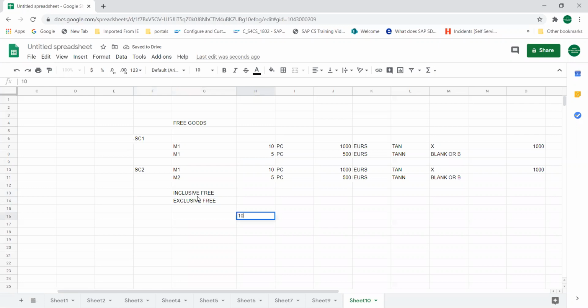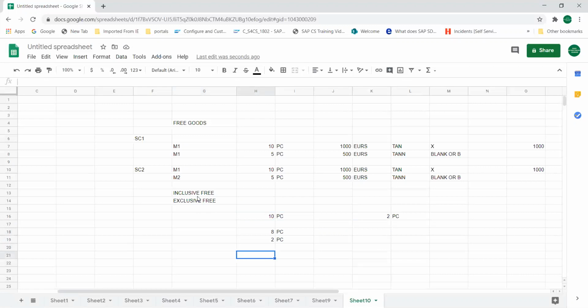If I buy 10 pieces and I say 2 pieces as free goods, then my free goods will be determined as 8 pieces and 2 pieces. That means it is inclusive in nature. Your 10 pieces get adjusted as 8 versus 2. So this is called inclusive. That means within that, it will be adjusted. This is inclusive free goods.